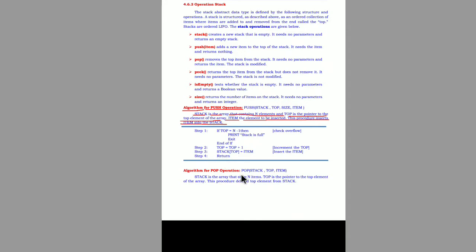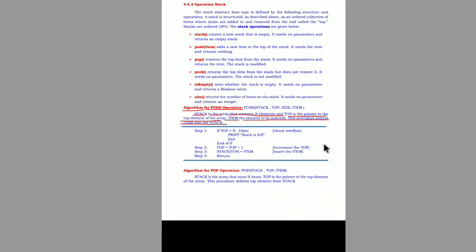Capital N is the total number of elements, top is the variable which points to the top element of that array, and item is the element we are going to insert onto the top of that array. And here is the algorithm.